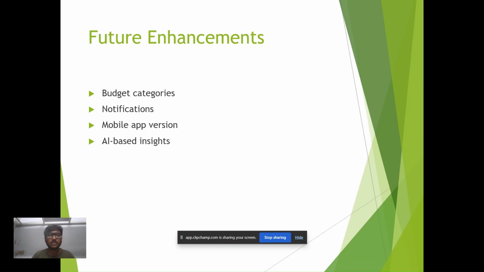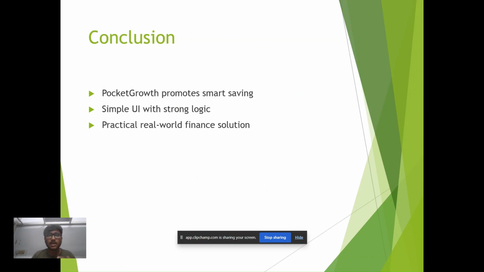Future enhancements: budget categories, notifications, mobile app version, AI based insights. And conclusion, Pocket Growth promotes smart saving. Our project is a project to strictly enforce savings. A lot of savings apps these days do not strictly enforce